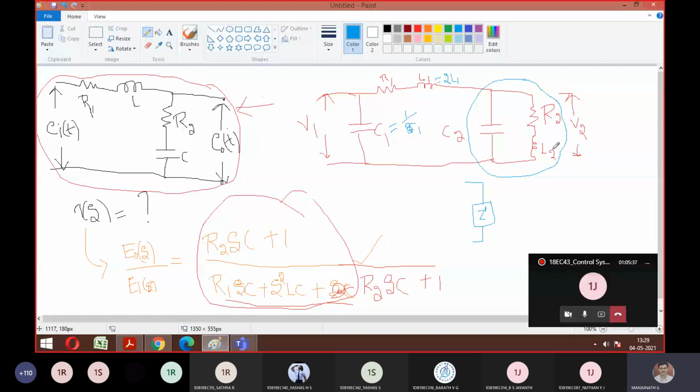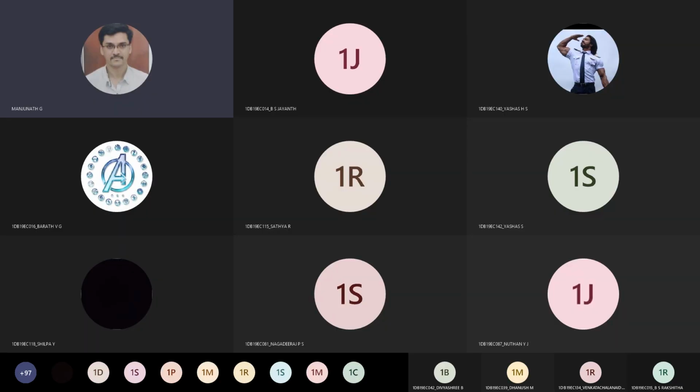Yes, sir. So we just finish up this problem. We'll stop here. I hope you remember, if it is an inductor, you should apply differentiation. If it is a capacitor, you should apply integration. So try to solve this problem. Tomorrow, I think there is no control system class. Tomorrow, Wednesday, no control system. We'll meet on Thursday again. At that time we'll deal with it if you have doubts, or else we'll straight away move to the block diagram concept. Is it okay? Yes, sir. Okay. So just try to finish that.